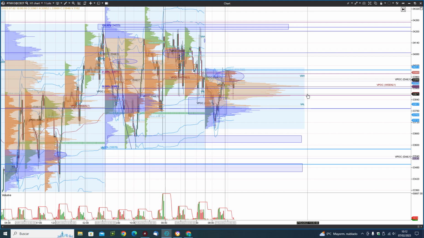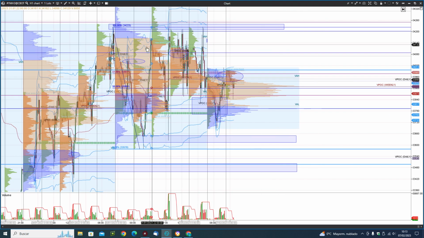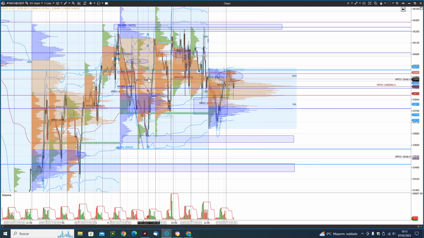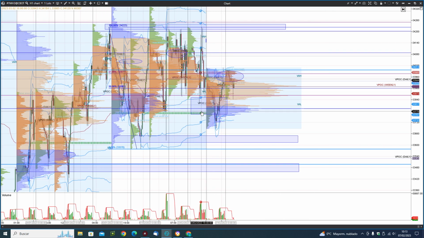Today is February 7th and let's start with Dow Jones. Dow Jones, we are in a market dominated by this value area of last week and the high volume node of 2 weeks ago. So here there is a price action zone, very important,